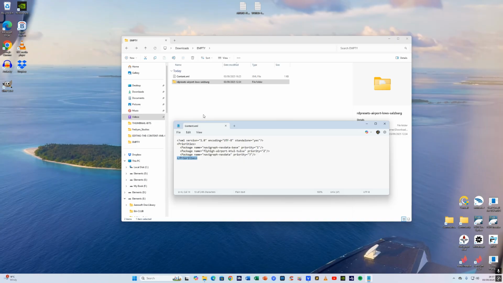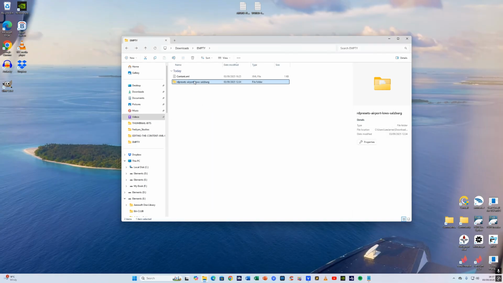So what we want to do is we want to take the RD presets airport, and we want to put it at priority 2, above Tulsa, but below the priority 1 nav base. So what we do then is we select the folder with the RD preset scenery, click again to highlight it, right click to copy,